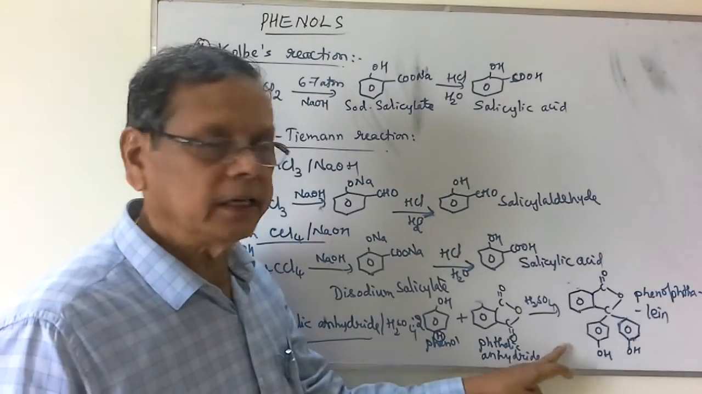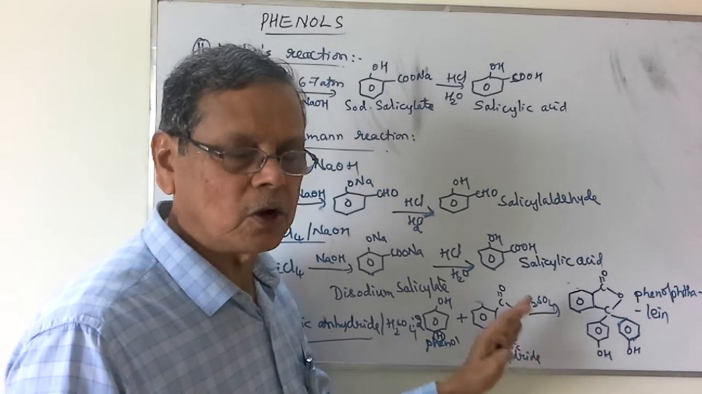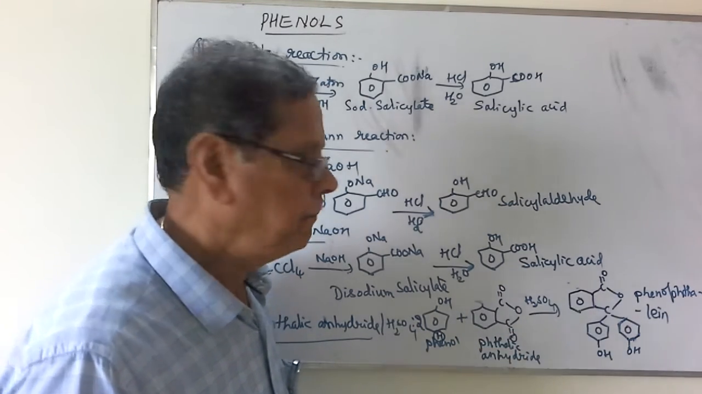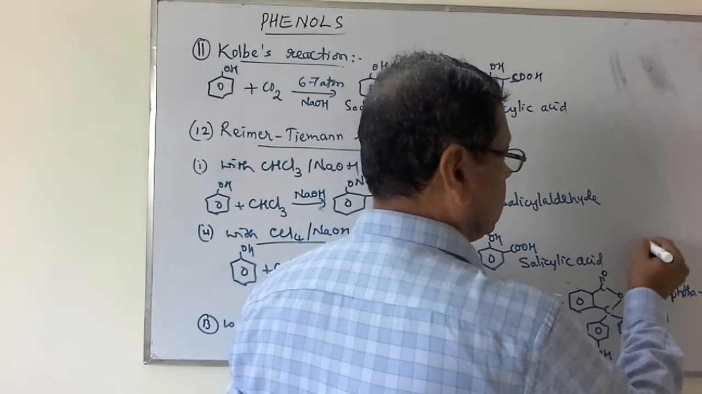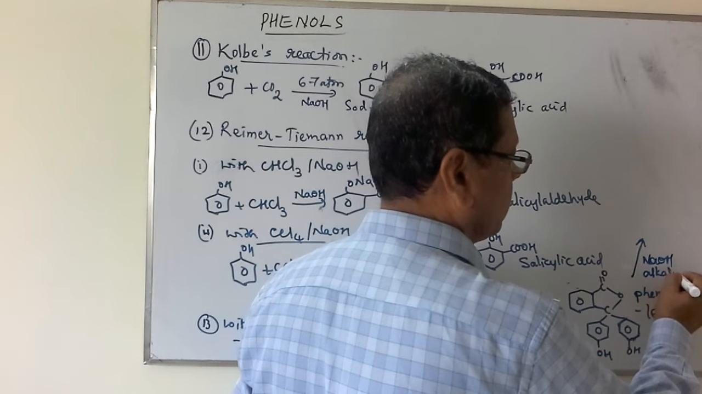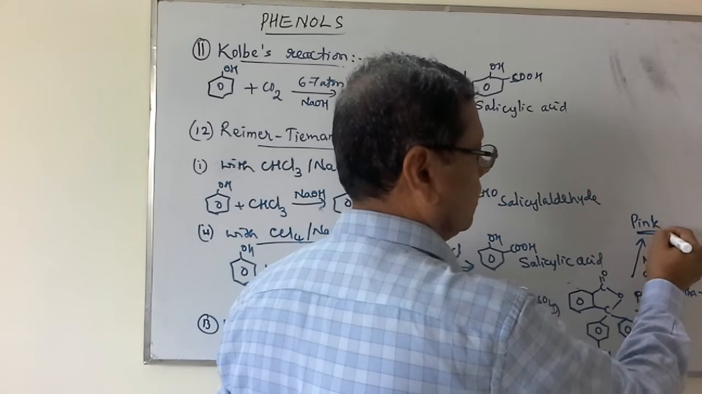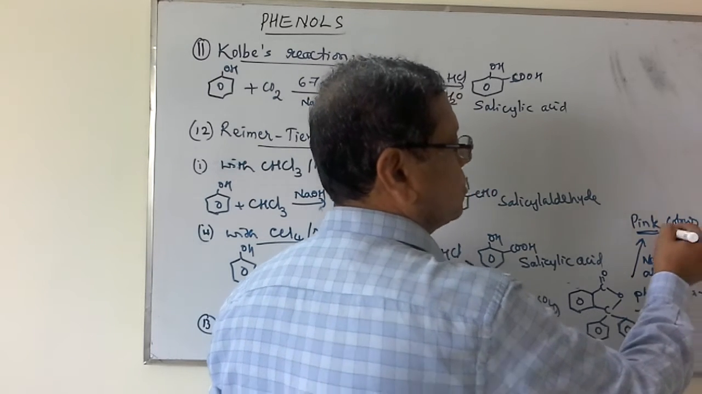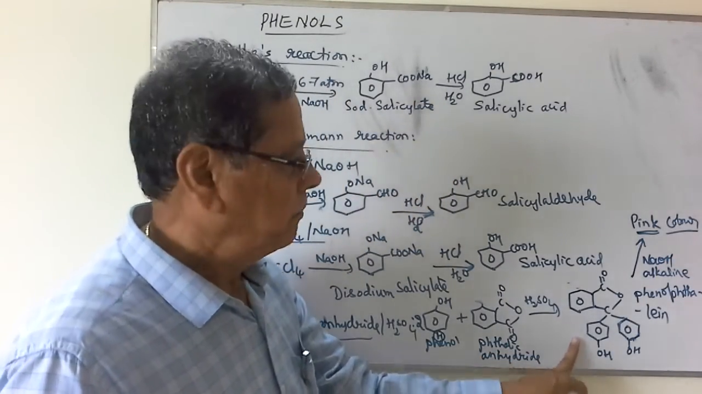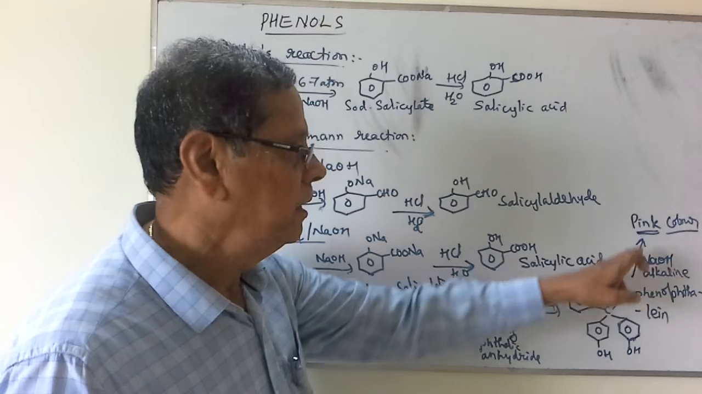Probably you know one important thing regarding this phenolphthalein. When we titrate a strong acid versus a strong base, phenolphthalein can be used as an indicator. So this phenolphthalein, when treated with sodium hydroxide, that is in alkaline medium, gives rise to pink color. That's why it is used as an indicator. Original phenolphthalein does not have any color, it is colorless. But when it is dissolved in sodium hydroxide or alkaline medium, it produces the pink